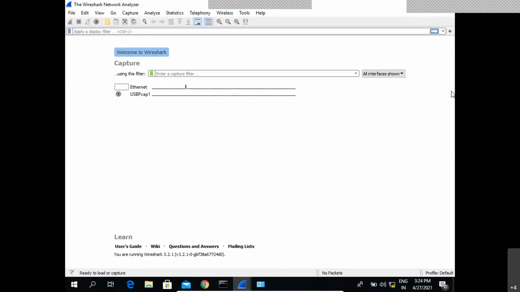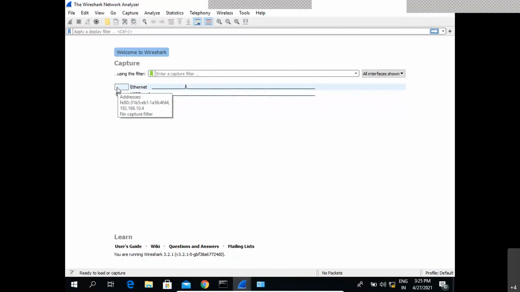So using this tool, we can also use these USB dongles to capture the information. Here on this screen, on the Ethernet, we can see some sort of traffic, like an ECG graph. On the USB, you can see it is a dead line, which means no traffic is being generated on this line. But on the Ethernet, there is traffic like an ECG graph, which means traffic is being generated.